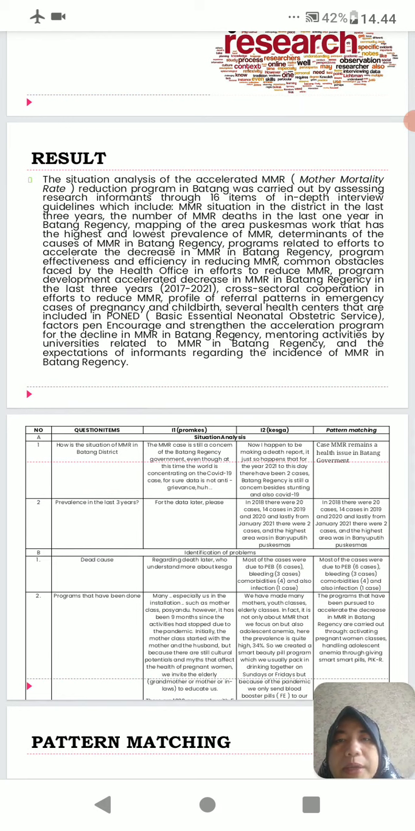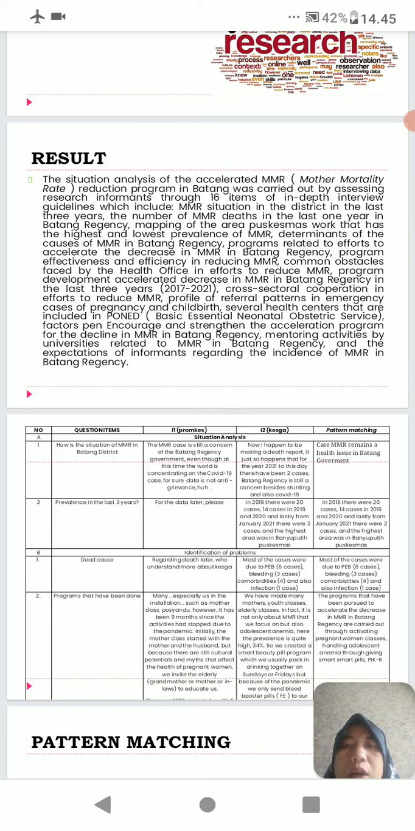The result of my research is that the situation analysis of the accelerated MMR, Maternal Mortality Rate, Reduction Program in Batang was carried out by assessing research informants through 16 items of in-depth interview guideline, which include the MMR situation in the district in the last 3 years, the number of MMR deaths in the last 1 year in Batang Regency, mapping of the Puskesmas work areas that have the highest and the lowest prevalence of MMR,